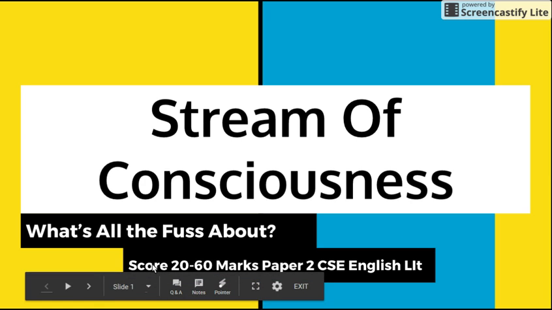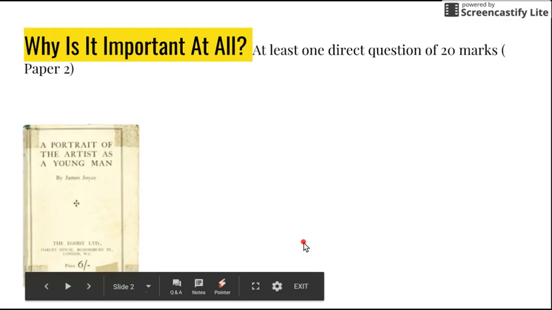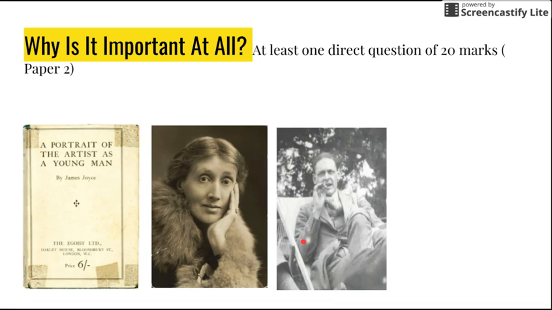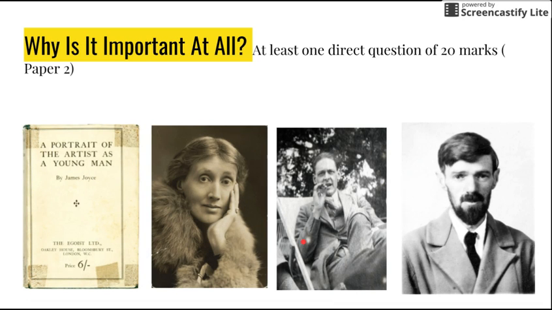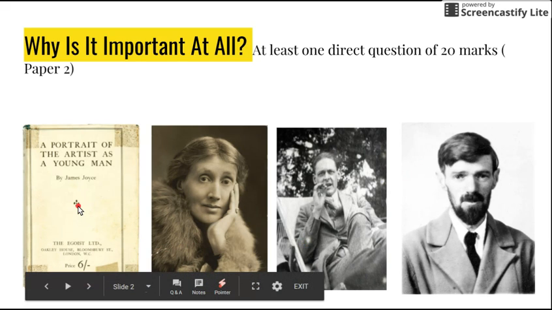As it says, you're going to get anywhere between 20 to 60 marks in paper 2. It can come directly or it can come as part of the prescribed text. So why is it important at all? It is important because there are four prescribed texts in the syllabus where stream of consciousness is a very important